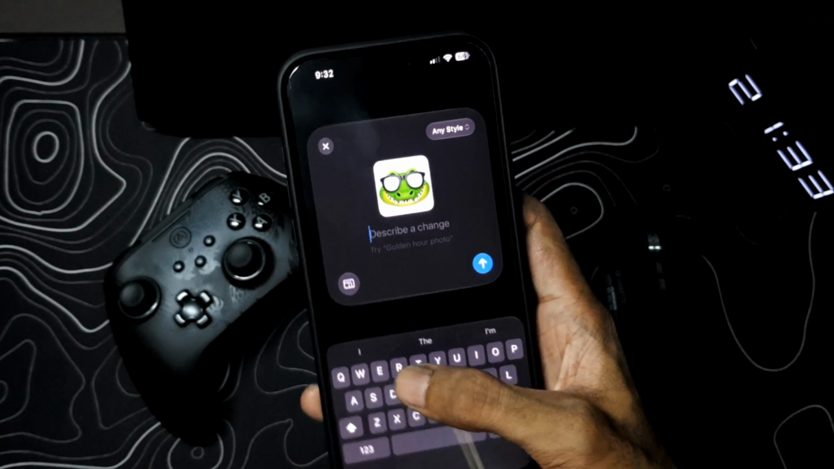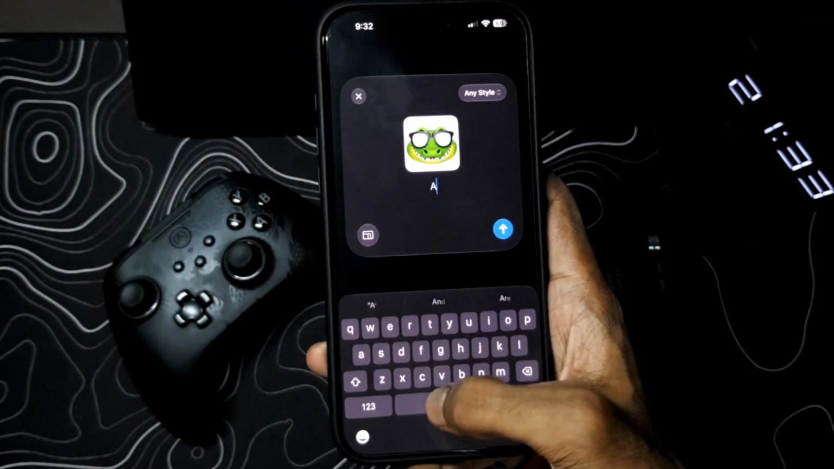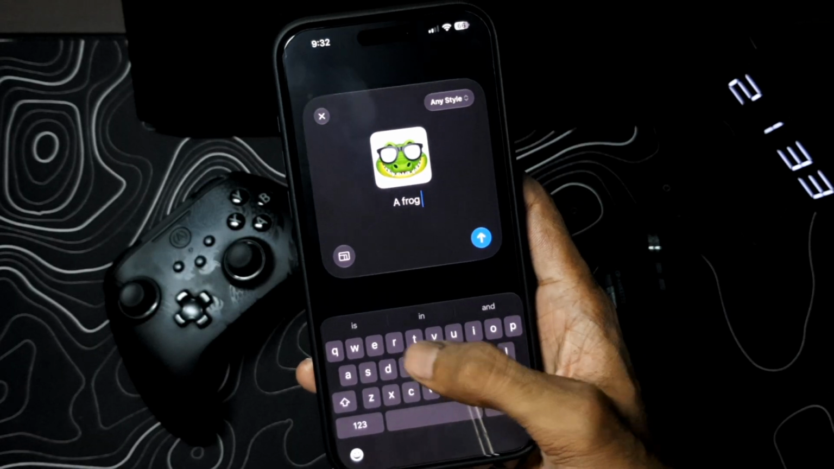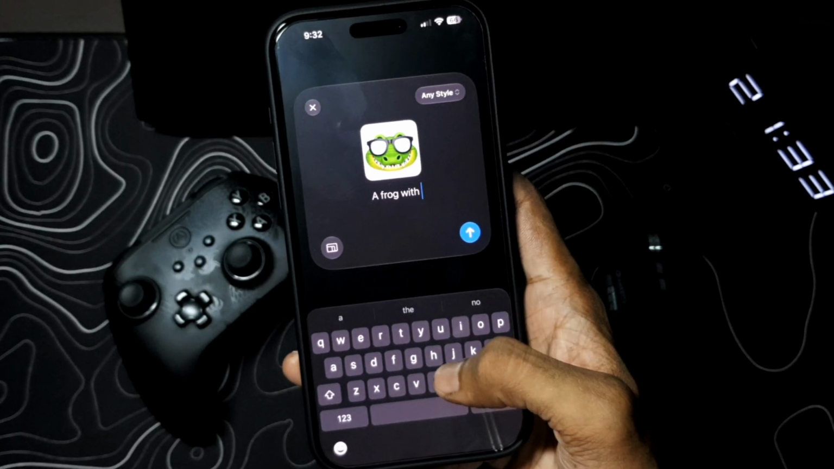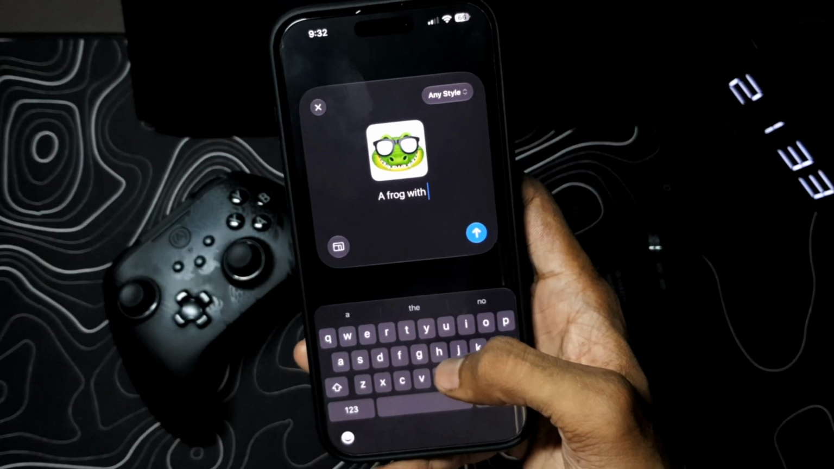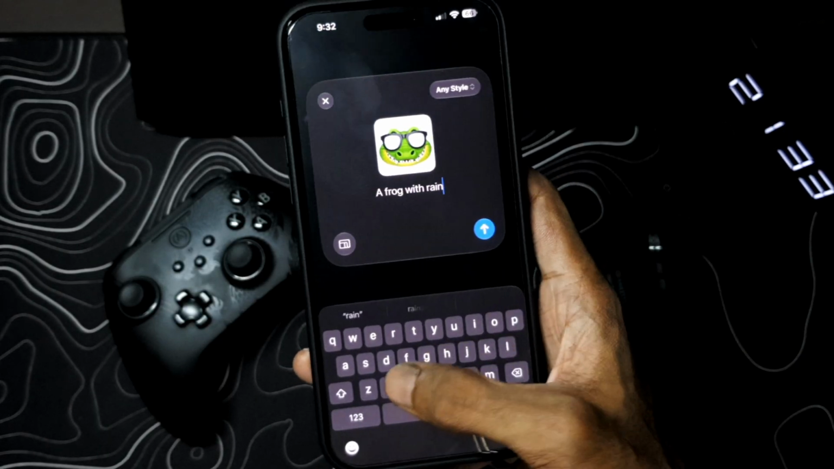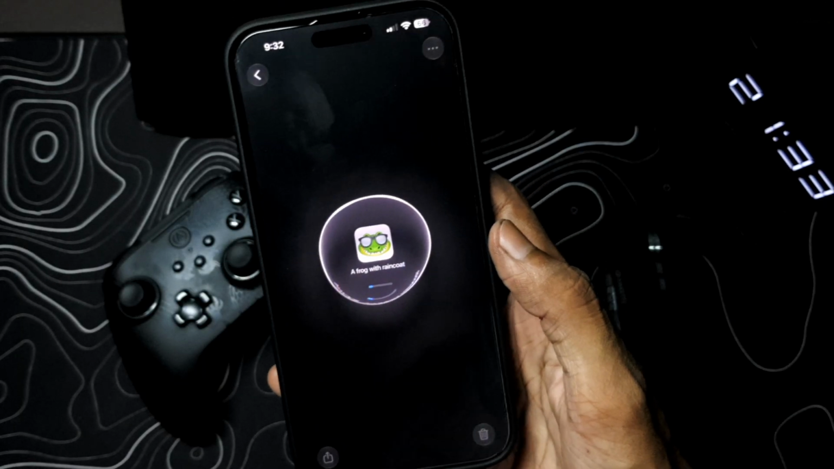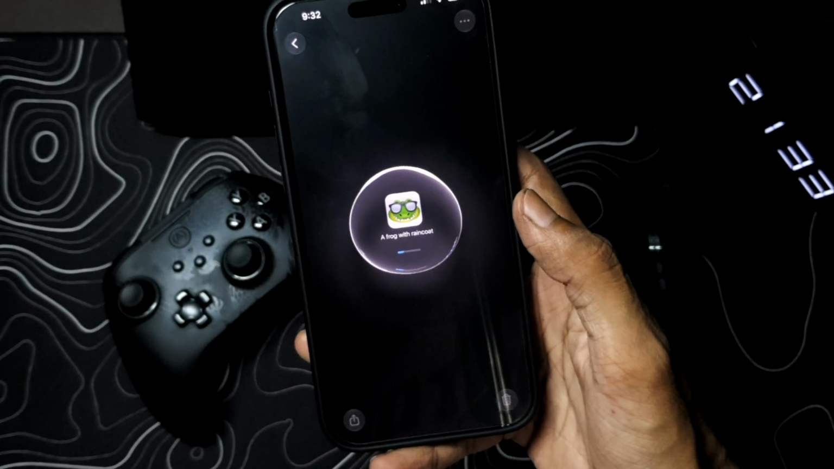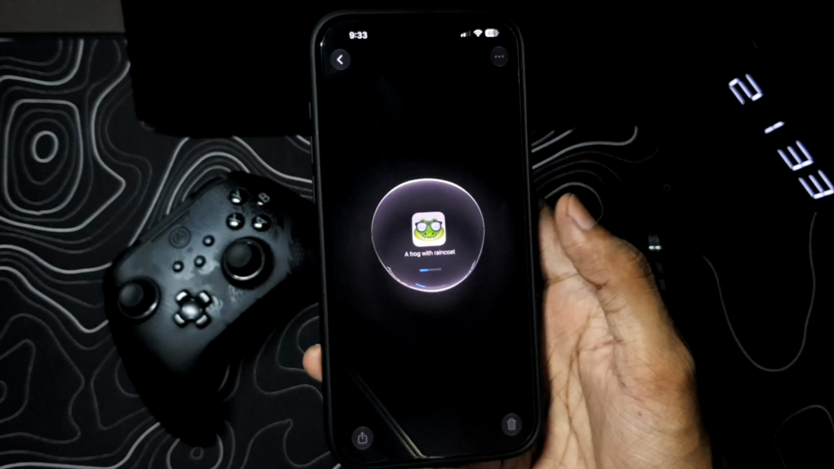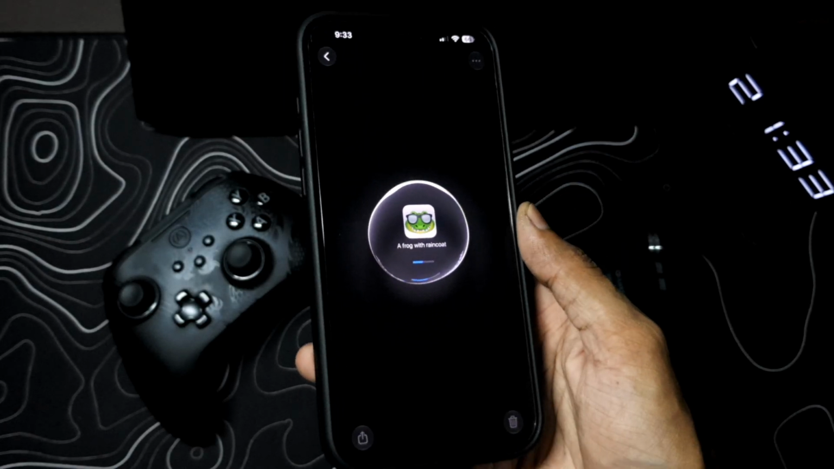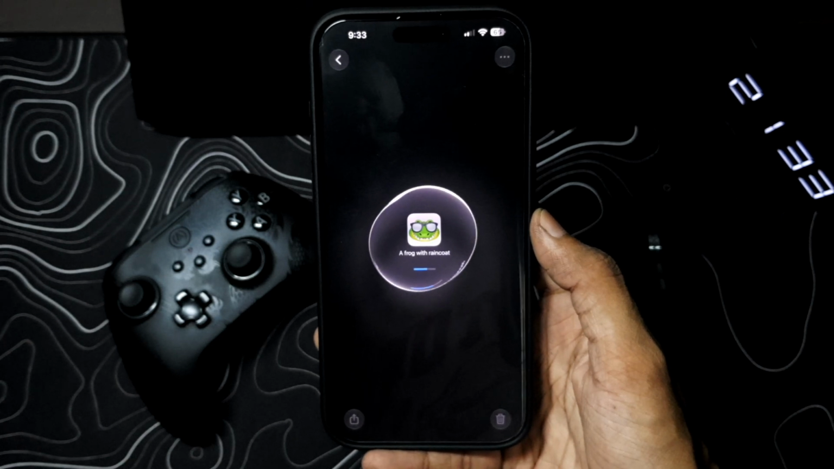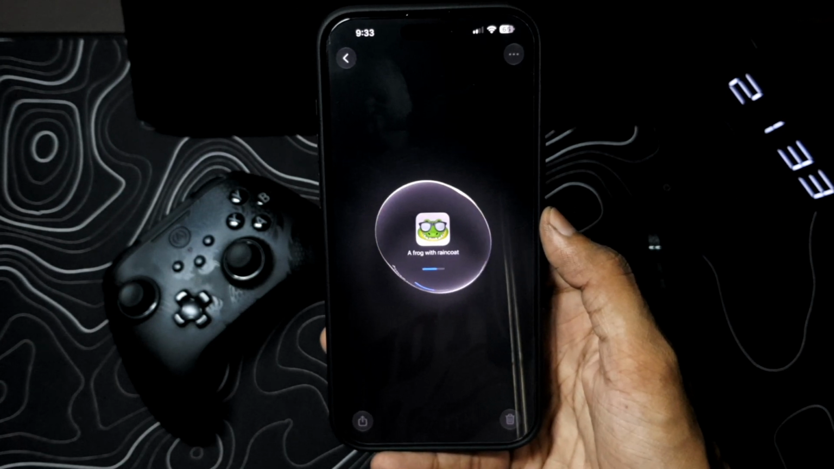Let's try something else now. A frog with, say, a raincoat. I don't know why you wanna generate an emoji like that, but let's see. Again, it does take a while,